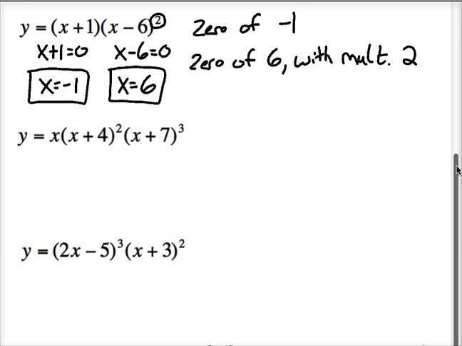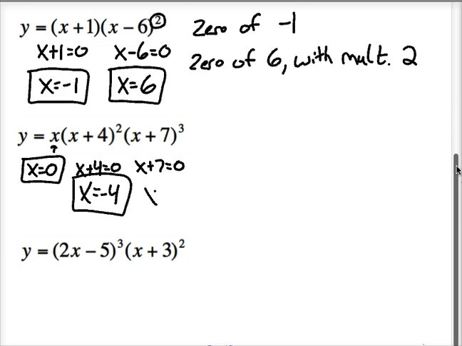So let's take a look at this. Remember, if you have an x out front by itself, that just represents x being 0. So don't forget that little detail too, when you just have x out front with no pluses or minuses, it just means x is 0. Then x plus 4 equals 0, x plus 7 equals 0. So here we already have that one solved. x equals -4, x equals -7. And what you need to write is you have a 0 of 0,